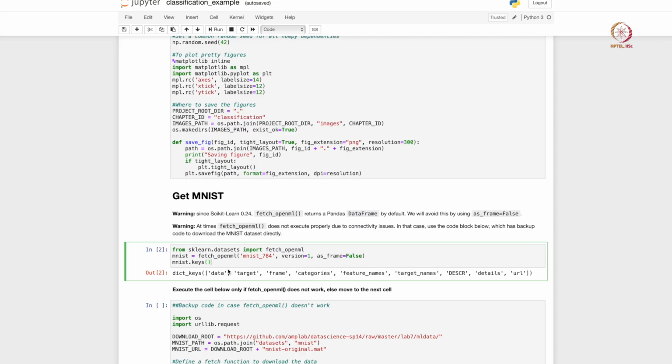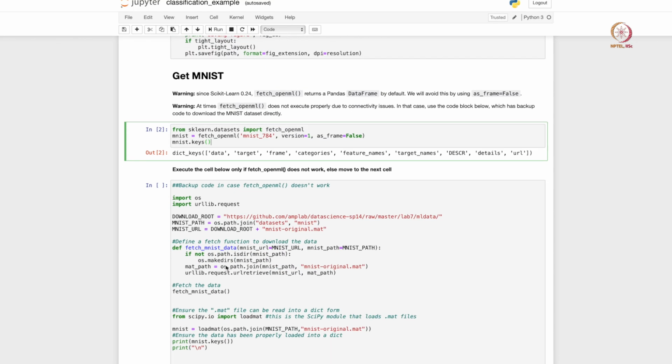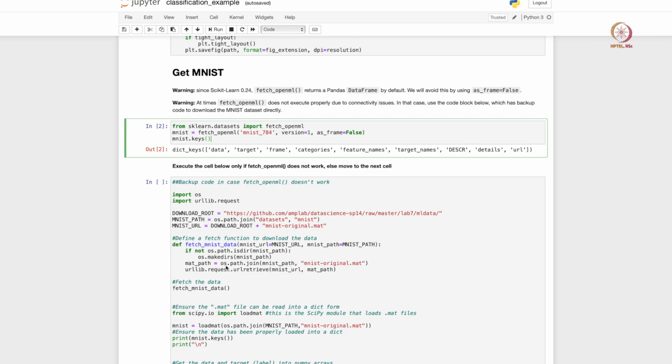I have already executed blocks 1 and 2 because I wanted the data set to be available locally on my machine, but there are instances when the scikit-learn datasets package is not available. The fetch_openml function fails at times due to internet connectivity, or maintenance issues on the database.